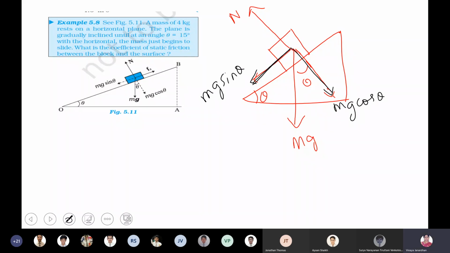And the frictional force, the body will be moving this way. The body is sliding down. Your static frictional force is acting in the upward direction. So now you have to find the coefficient of static friction between the block and the surface. Boys, are you clear about the block diagram? How you are drawing all the forces acting on the block? Though the diagram is being given to you, do you know how to do this? Or should I once again do how you are resolving mg? You're clear about it?